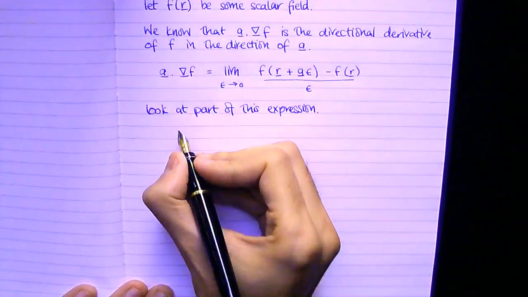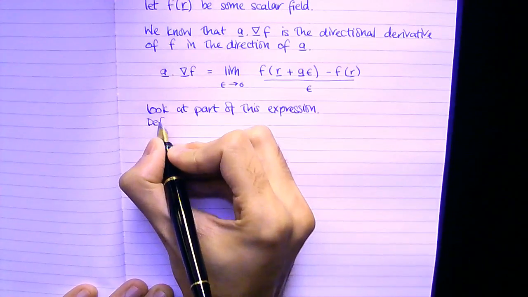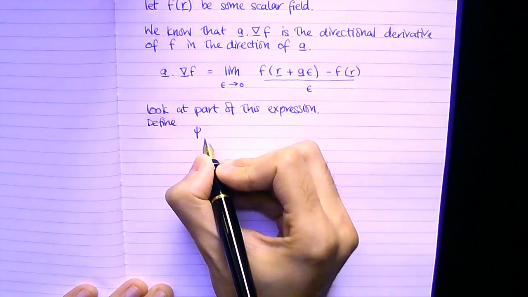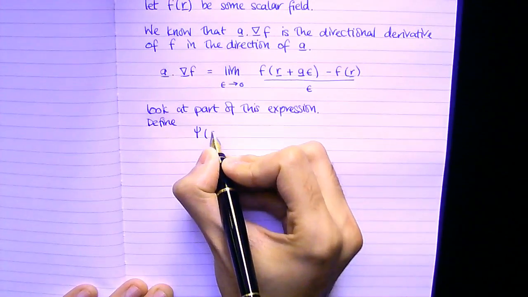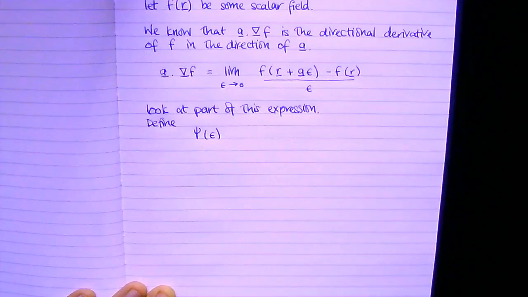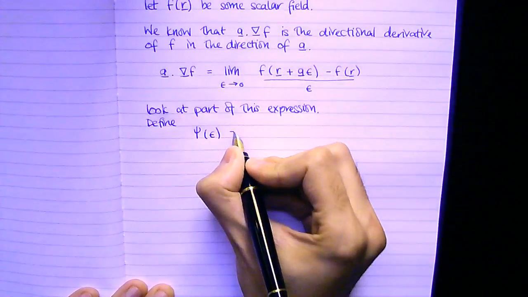So for that, we're going to define a new function. It's a new scalar field, except it's going to be a function of just one variable. So we're going to define a new function of one variable, and we're just going to define this to be